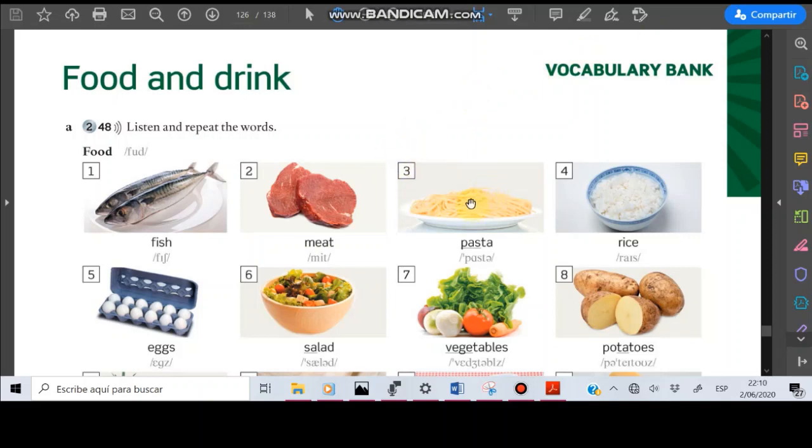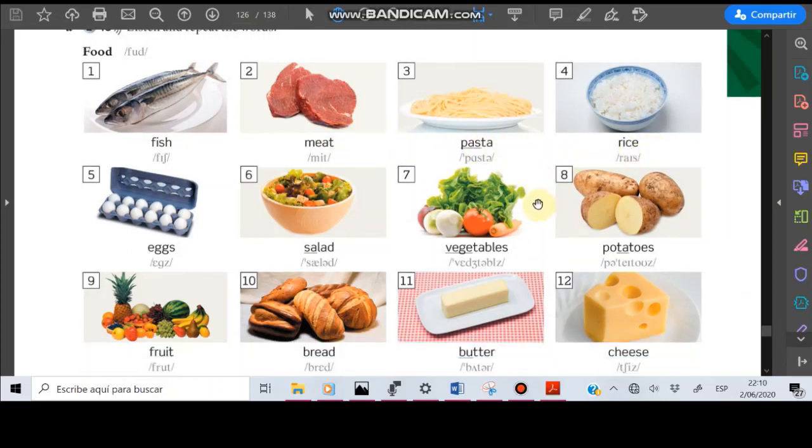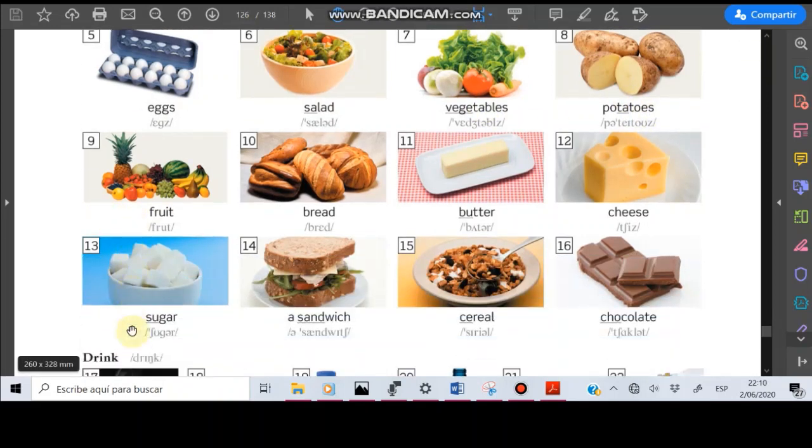In this part, we have the food and drink. Listen and repeat the words, please. Fish, meat, pasta, rice, eggs, salad, vegetables, potatoes, fruit, bread,